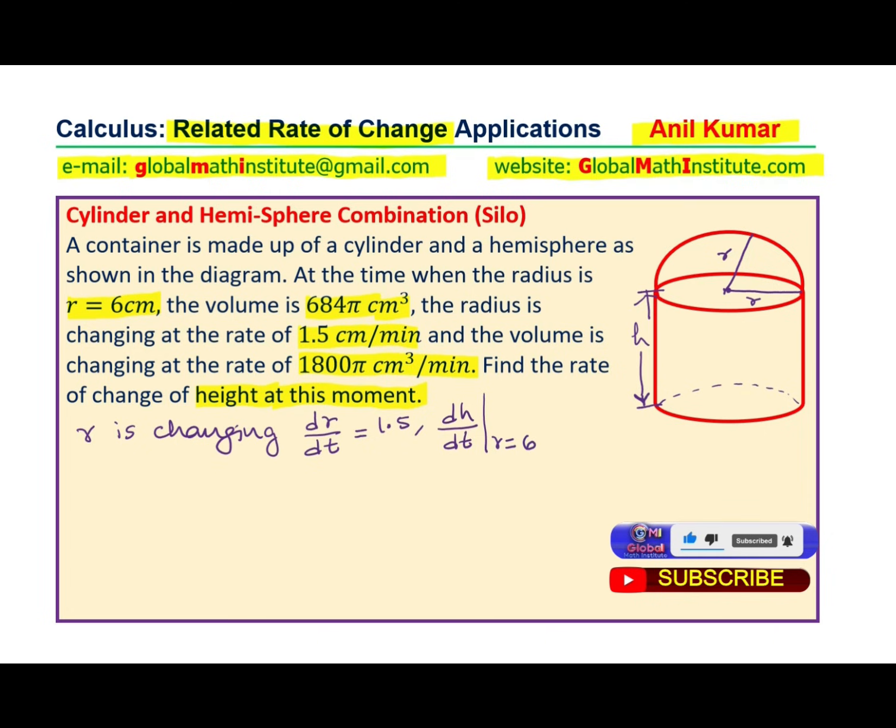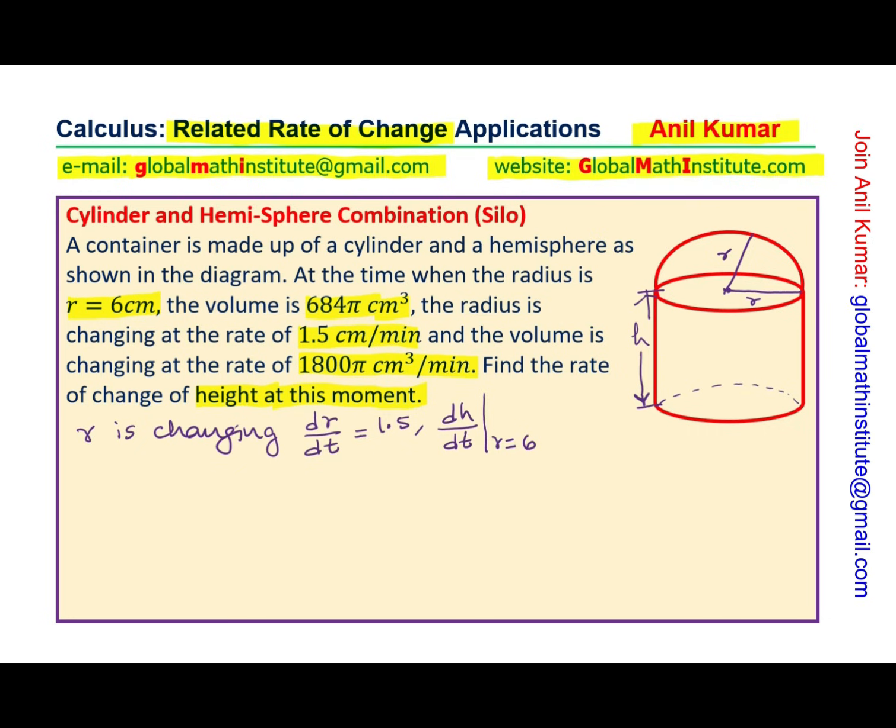That is what we need to find from all other things given to us. So first, at this condition where r is 6, we should be in a position to find the height, which we can because we are given that if the radius is 6 centimeters, volume is 684 pi